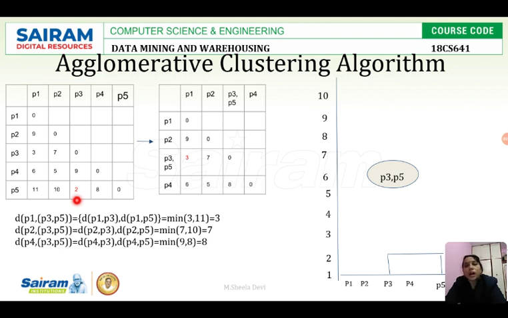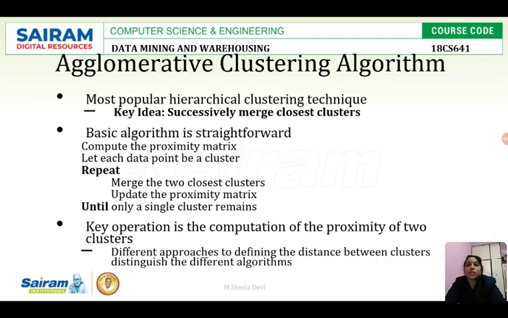So now I can cluster the two data points. I am creating the cluster with the two data points, that is P3 and P5. See here, I have clustered P3 and P5. And once this is done, I have grouped them into one cluster. So I have grouped P3 and P5 data points as one cluster. So I have to merge the rows called P3 and P5. After merging, again I have to create the proximity matrix. That is what is said in our algorithm.